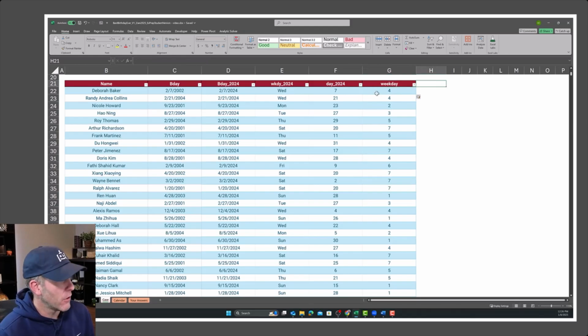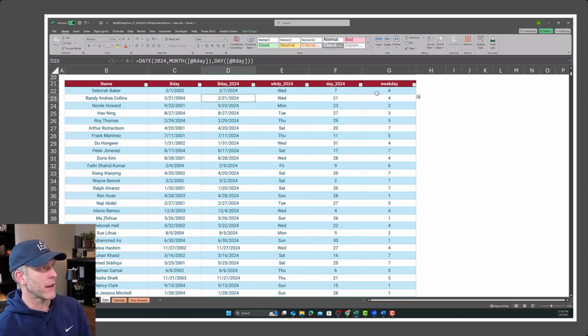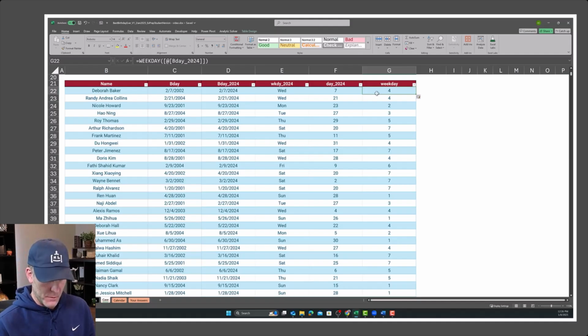All right, so what I'm going to do is take the integer that corresponds to the actual birthday and subtract this number minus 1. So I'm going to subtract 3 from this day, and that's going to give me the Sunday for that particular birthday. So we'll call this variable